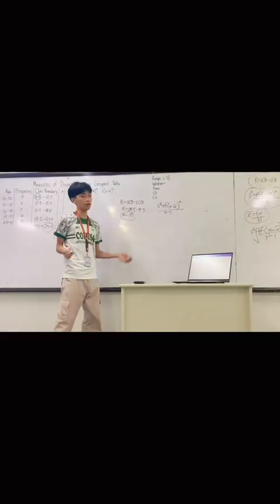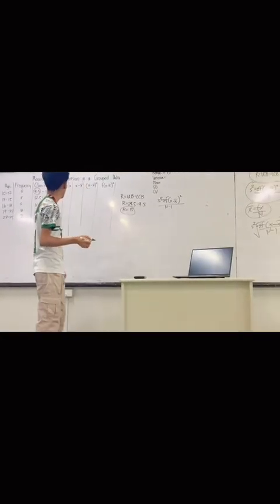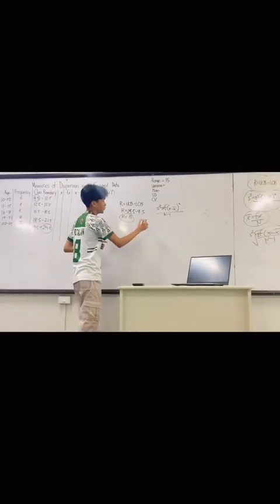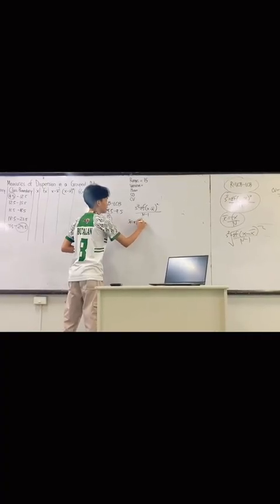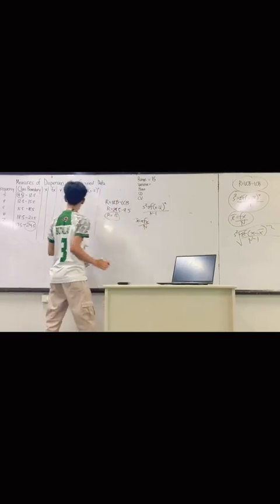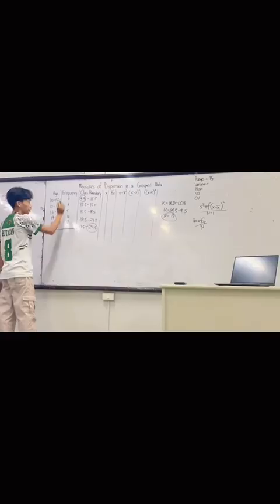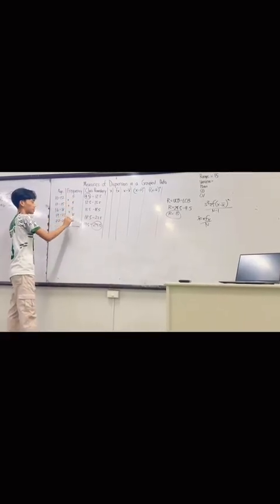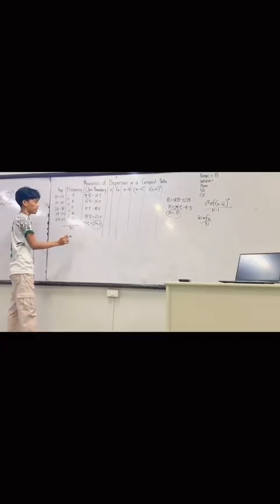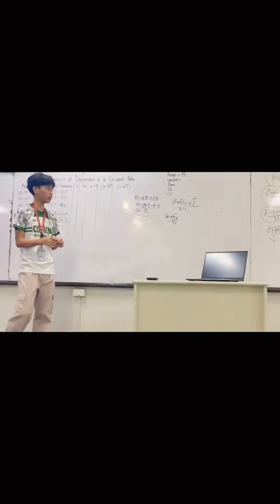As I said before, to get our variance, we need to get our mean. The formula for the mean is x bar equals the sum of f times x over n. As I told you earlier, our n will be the sum of our frequencies. We will just add them up: plus, plus, plus, plus. It will be 3. That is our n, so we have already identified our n.